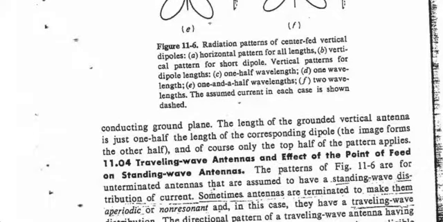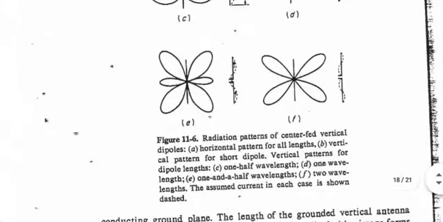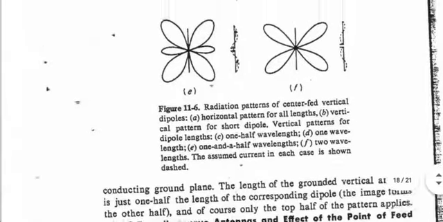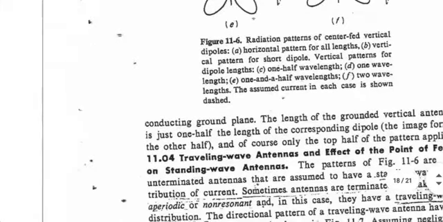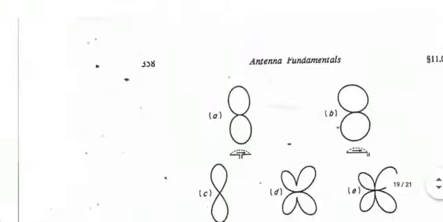Now, all this is theory. And of course, if you want to go for a monopole, only the top half would apply. Bottom half will not be there because a ground plane will come in, which will remove the bottom half of the radiation pattern with theta. With phi, nothing would change, of course. Now, this is theory, okay? Now, in practice, what happens?